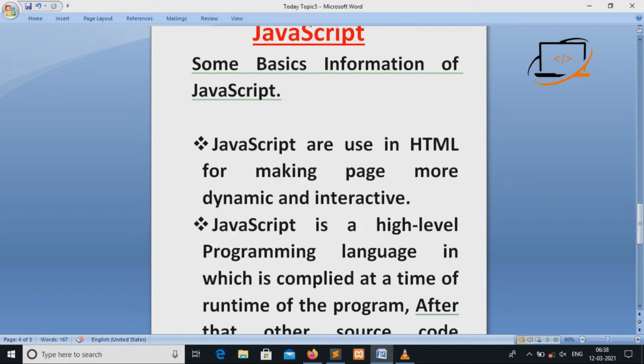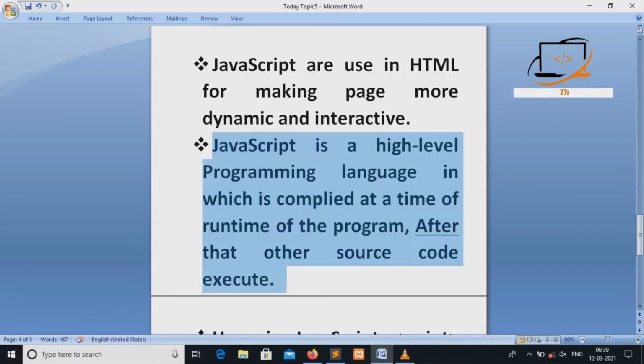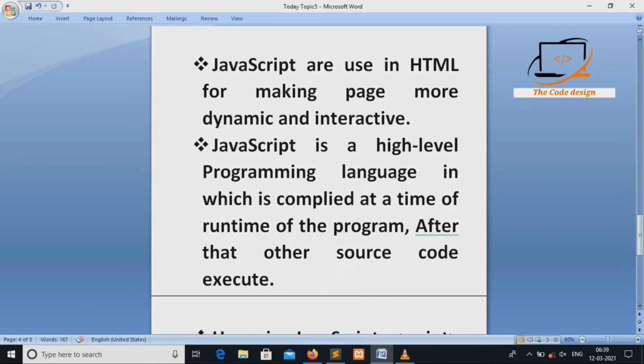First of all I am giving some basic information: JavaScript is used in HTML for making pages more interactive or dynamic, for dynamic implementation and an interactive look of web pages.